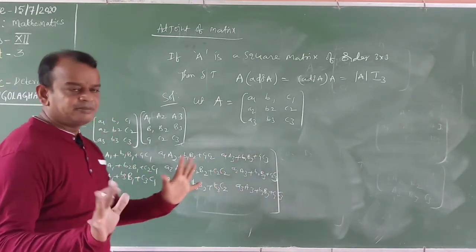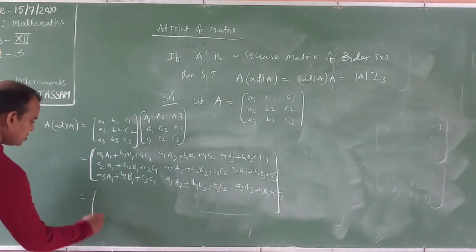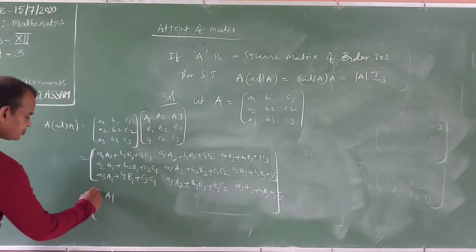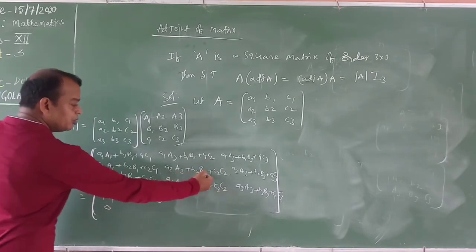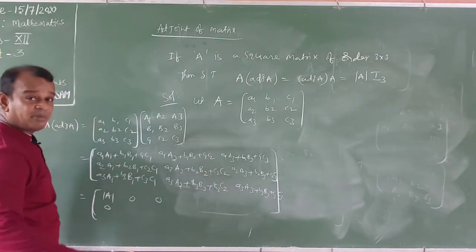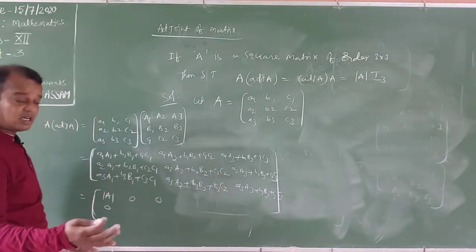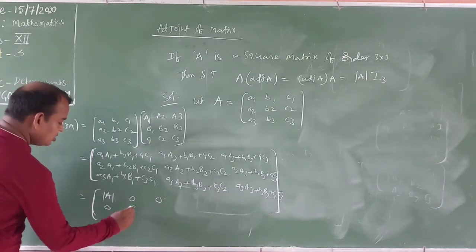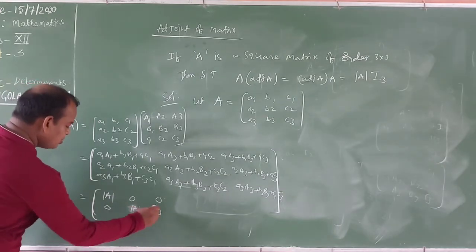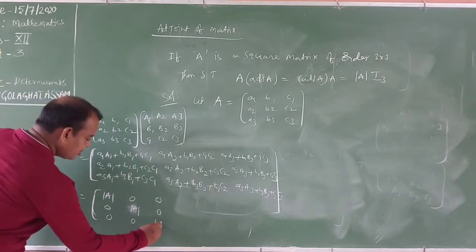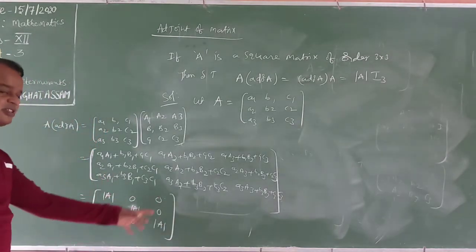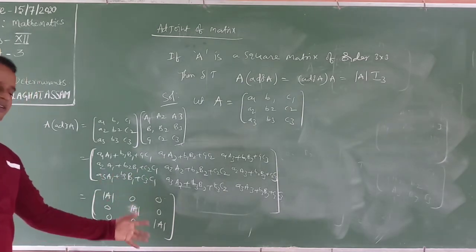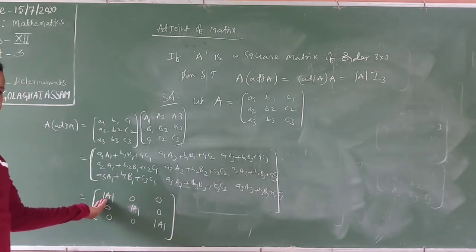Very, very important one. Now this is 100% the determinant of A. This is 0, 0, 0, A2A2, B2B2, C2C2. Same elements, same cofactors, 100% determinant. Determinant of A, 0, 0, 0, determinant of A. Now this is the matrix. This is not a determinant. This is the matrix. Now we will take the common det A.